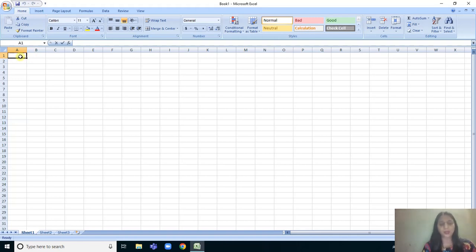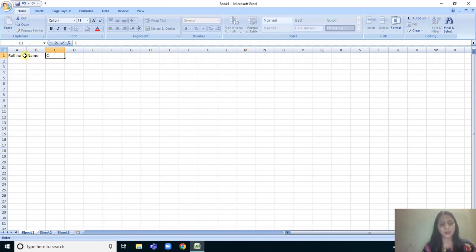For example, I am making a sheet of a class. In the first cell I am writing roll number, then press Tab. The Tab key is used to move to another cell. If you want to move to the next cell, press Tab.